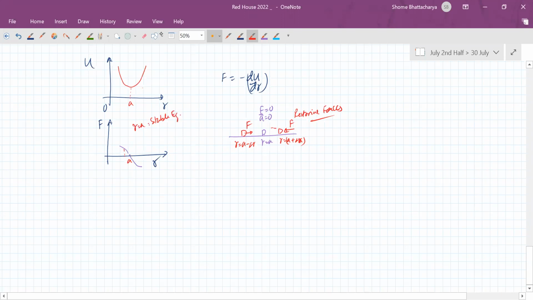Okay. So I won't write acceleration here unnecessarily to confuse you. So the net force here is zero. So that's the equilibrium position. So local minimum of potential energy is a stable equilibrium. But at the same time, if the potential energy graph is having a local maxima at some point of time or at some position,